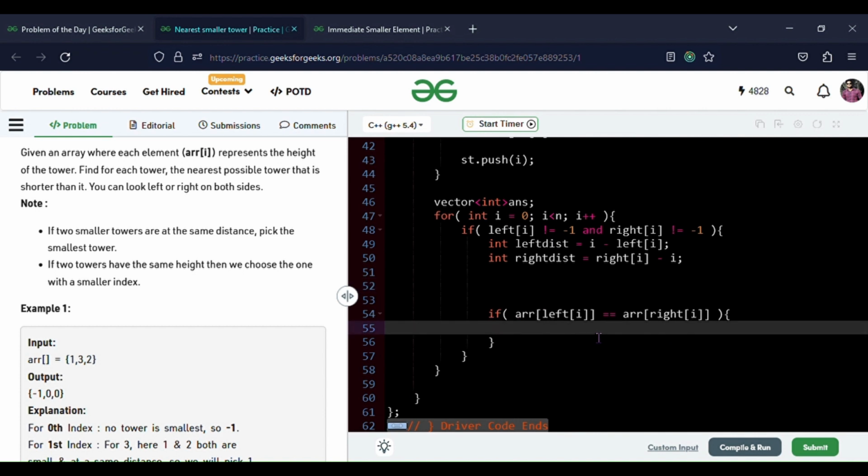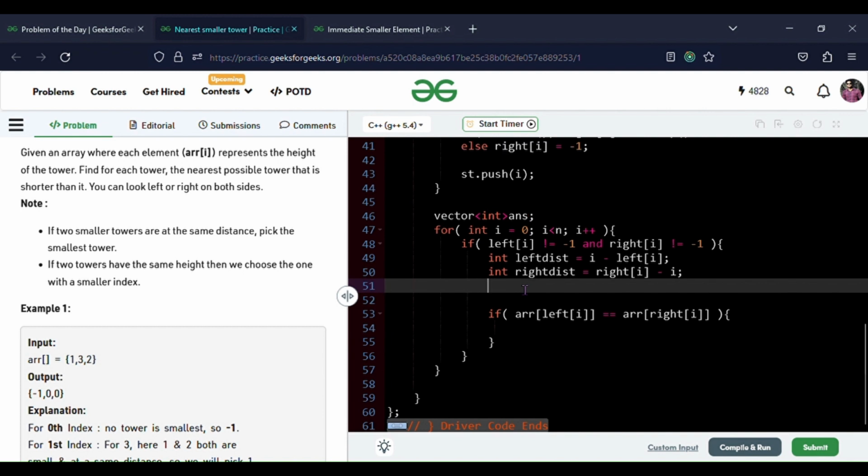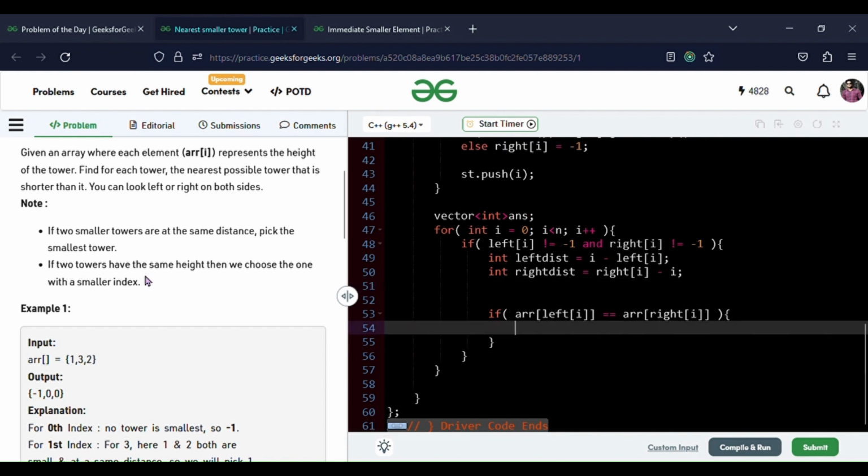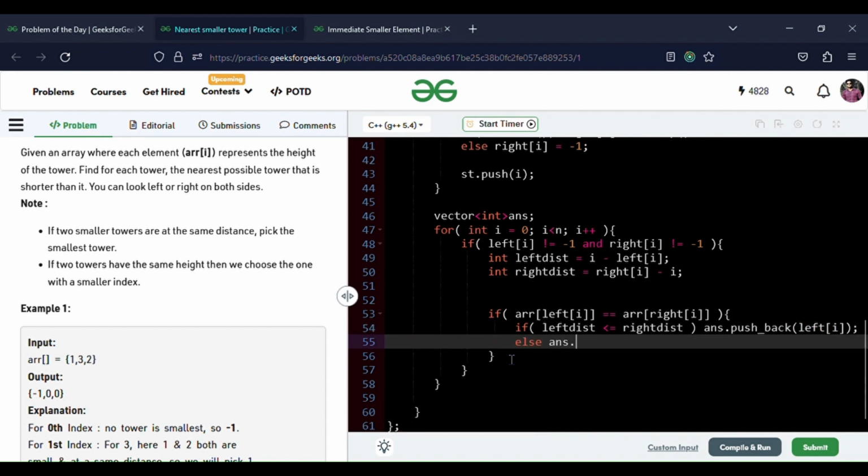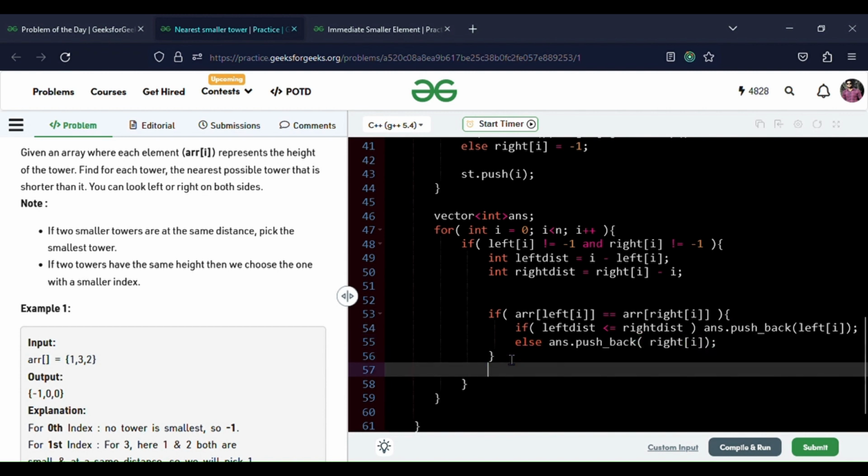So now if the values are same, so if the same height, then we will choose with the smallest index. So if the values are same, we will first check if they are at the same distance or not. So if the left distance is lesser than or equal to right distance, then we will take the left index, else we will take the right index. Okay,